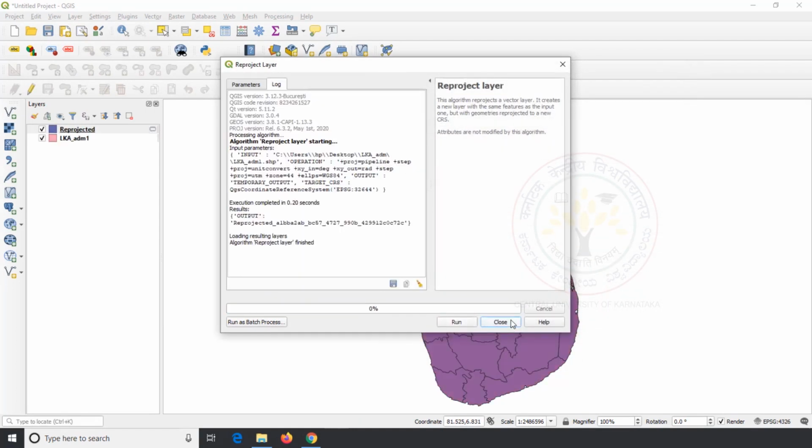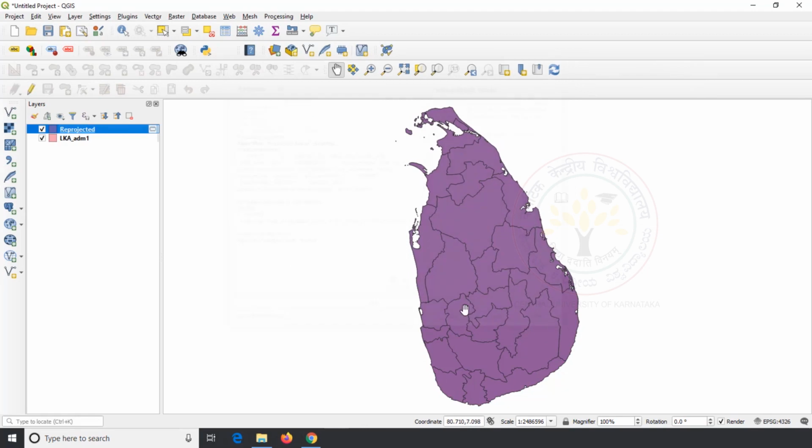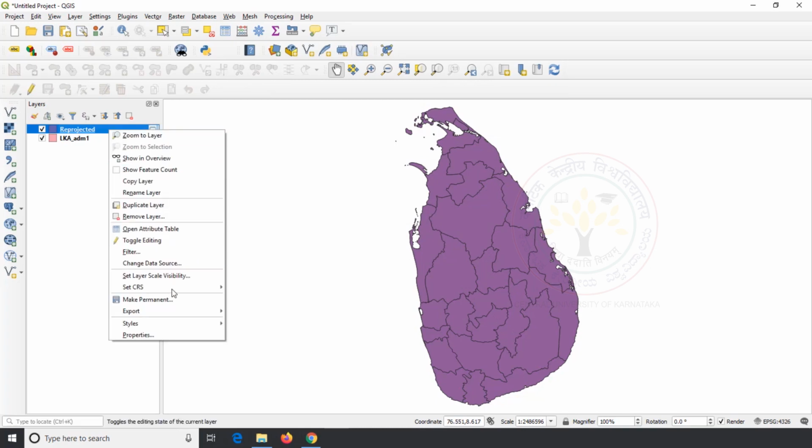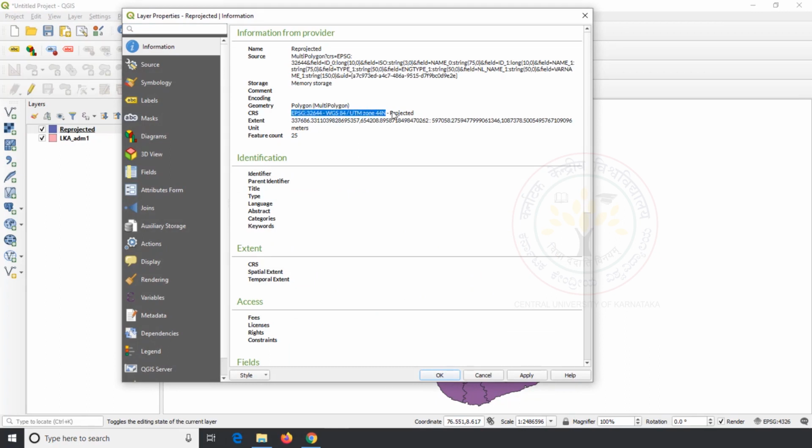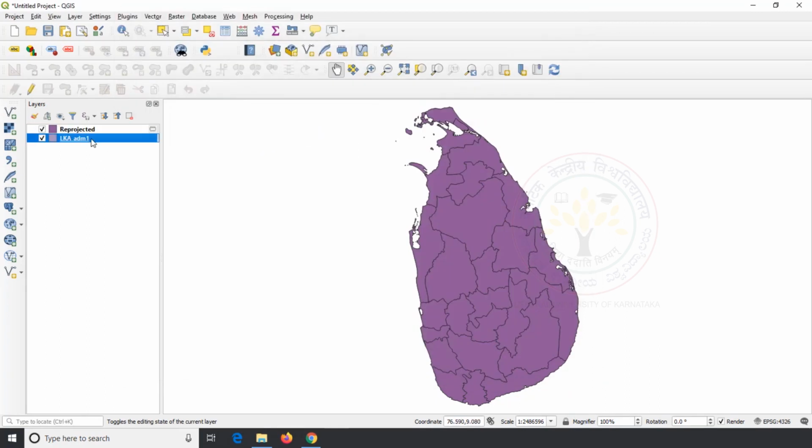Then click on run and close. Now we can see the result on the canvas and in the layer panel. Look at the properties of our result. We can see it is projected. We also projected data using a different method earlier, using export and save as.